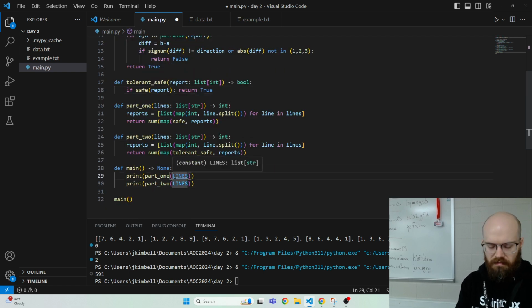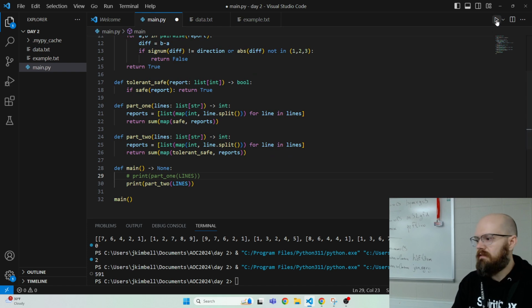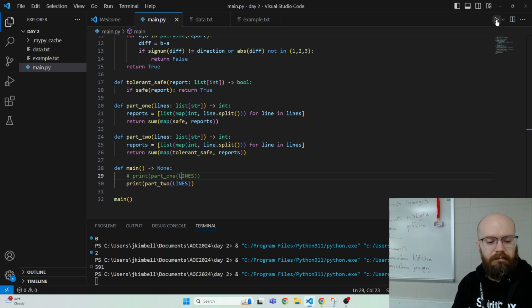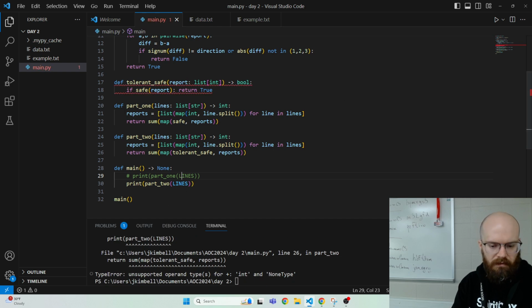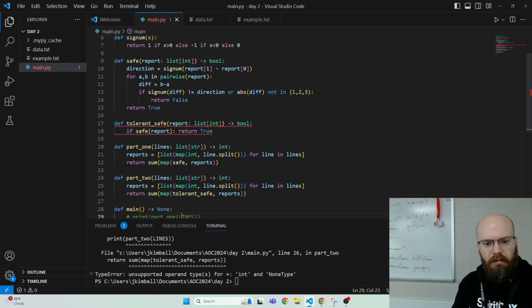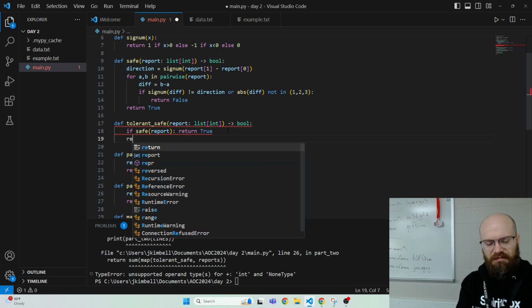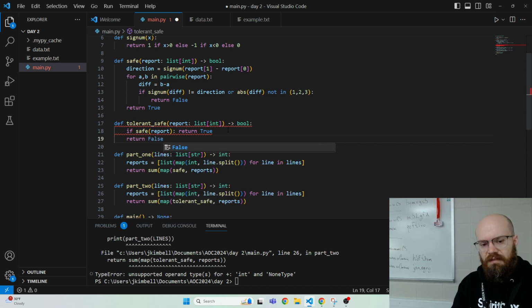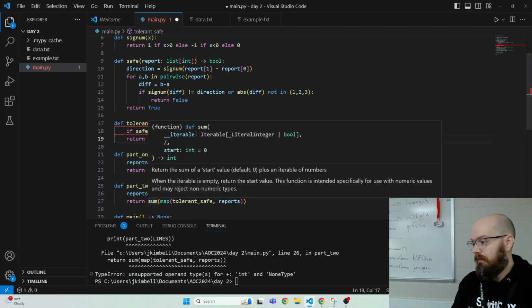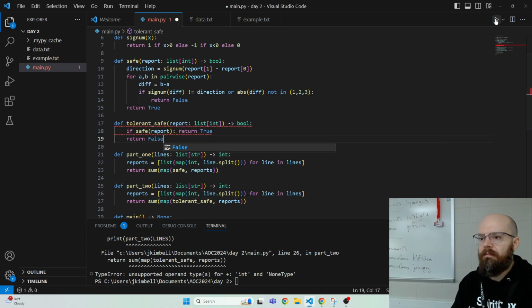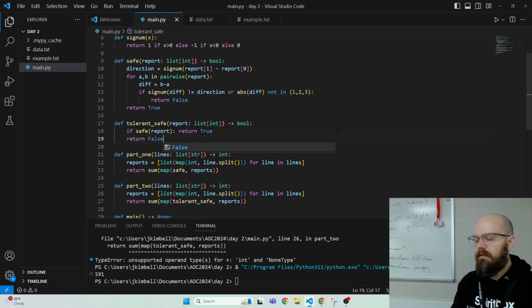So let's try that and just see if it gets the same answer, just to make sure that I'm not messing something up. But, okay. Int and none type, because this is returning nothing, which is usually good enough if you're going to use it in an if or something, but not for the sum. Okay, none is kind of like false, but not enough like false to be added. Okay, so 591. So this is exactly the same,